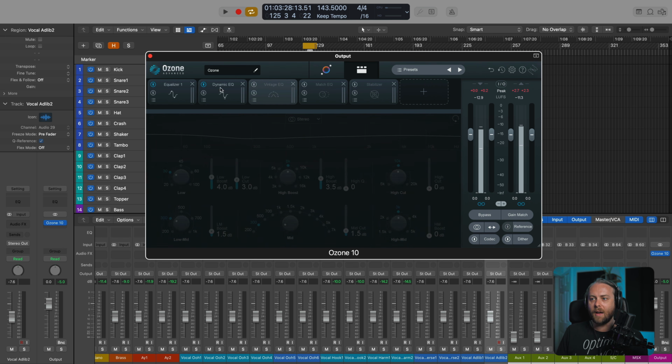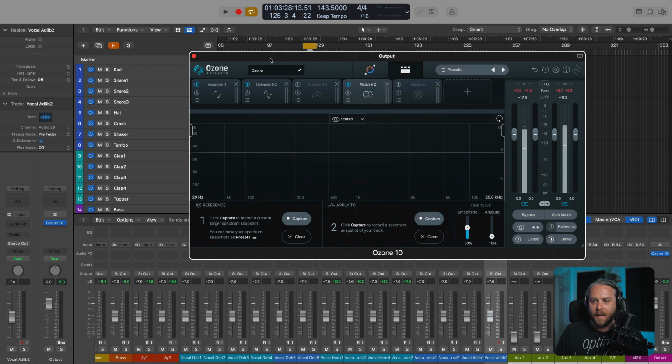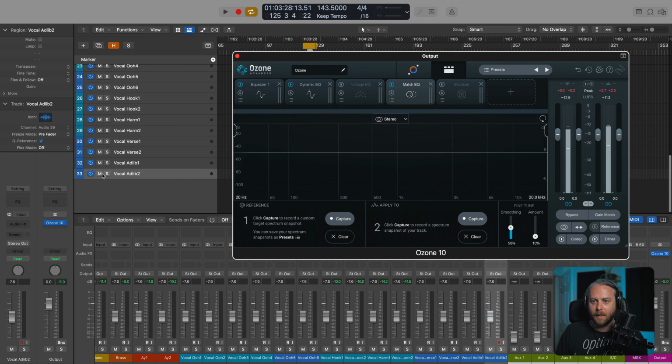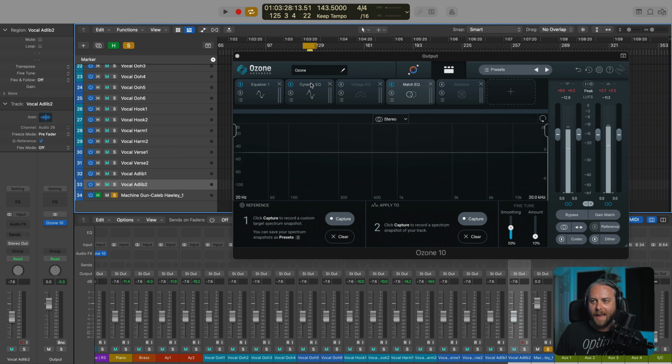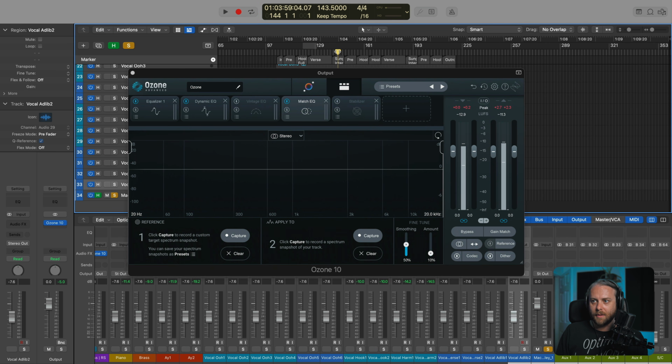So next up, we have match EQ. So this is really interesting referencing technology where if you want to take the sonic profile of something in your session and impart it onto your track, you can do it with this module. You could do it before in the Master Assistant with those targets, or you can go in this kind of other way. I happen to have a track here that is hiding. It's secret. It's over here. And it's that machine gun track again. So let's go to a moment in that song and I'll show you how this all works. So let's say that we love the tone of that machine gun track and we want to rip that kind of EQ out and impose it onto our track's overall EQ.